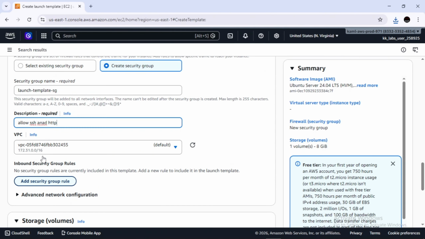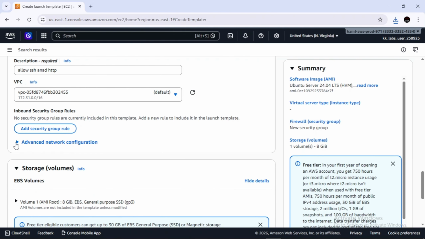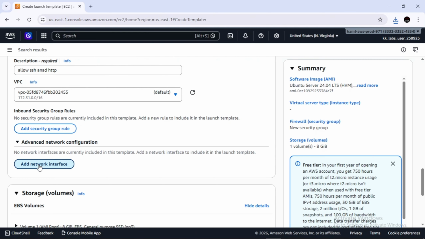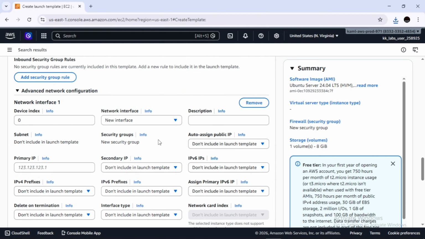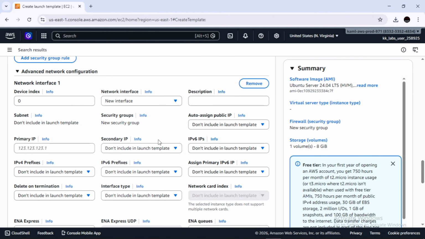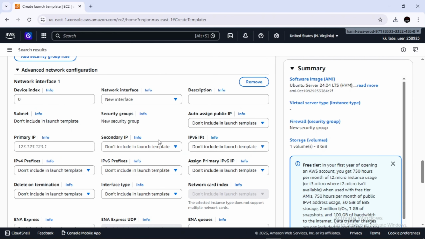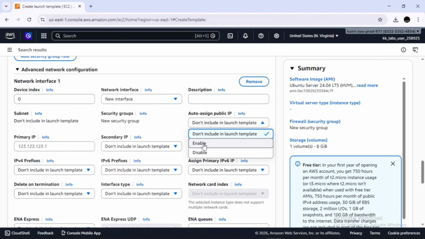In the advanced networking configuration, add network interface. What I'm going to do is enable the IPv4 address so that we will be able to see our Nginx page. So this is auto assign public IP, which I'm going to enable.